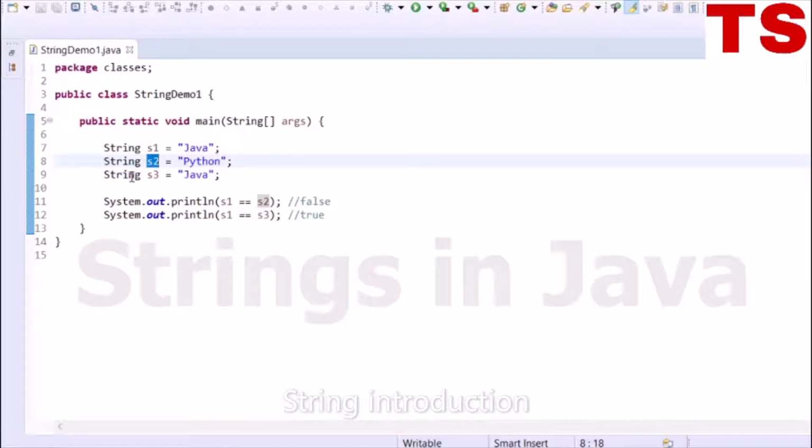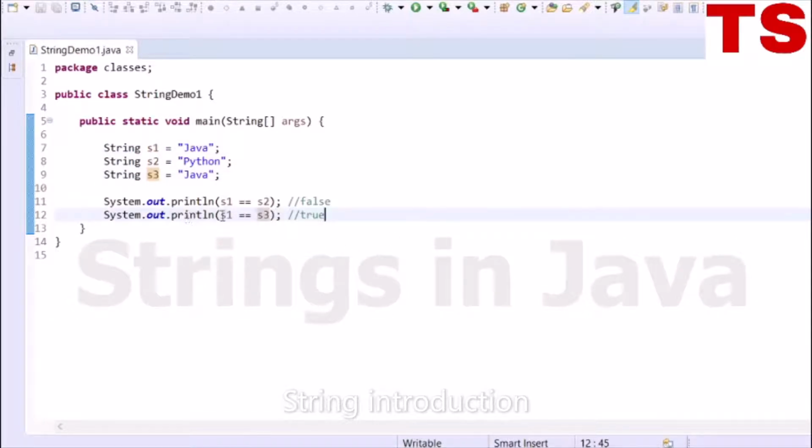The third statement, String s3 = "Java". Here the JVM sees that there already exists a string Java in the string pool and s3 will point to the same string Java. So s1 and s3 are pointing to this same string.